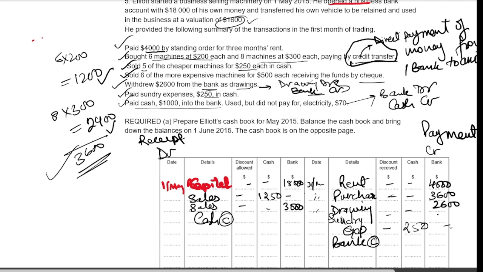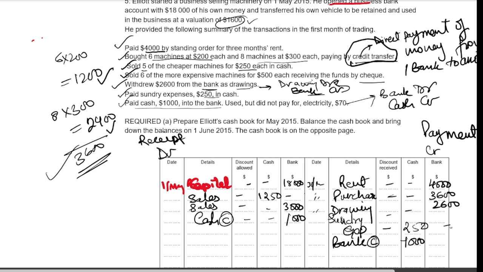So here bank C and cash C. If the bank is written, the amount will be in the cash 1000. If cash is written, 1000 will be in the bank. Okay, next, all transactions are done. They said there is electricity charges and they didn't pay, so no cash out, no bank out, so finish. Okay, now what you have to do,